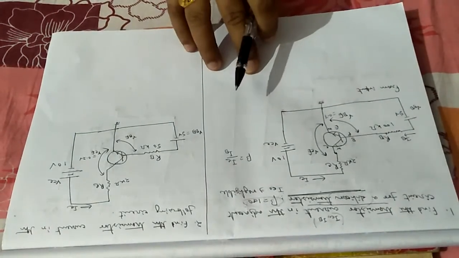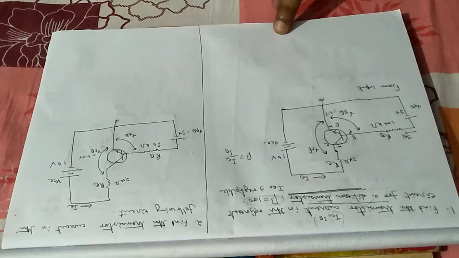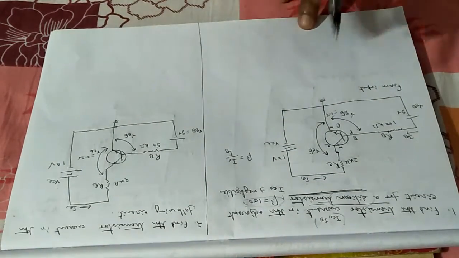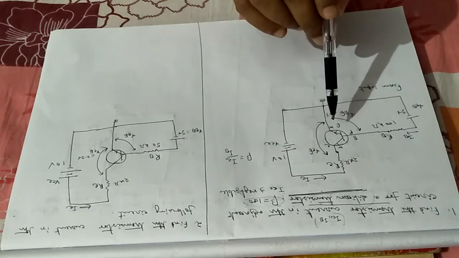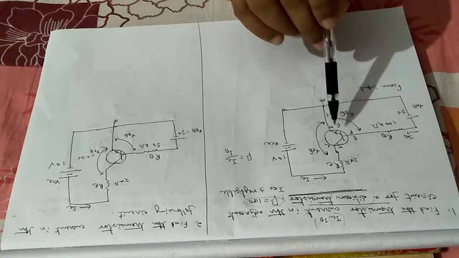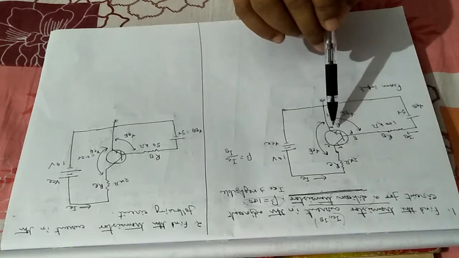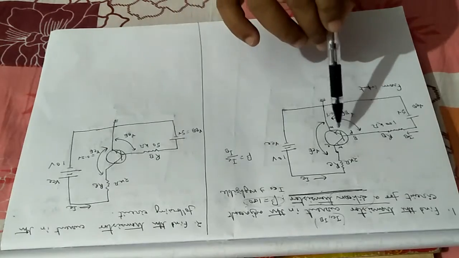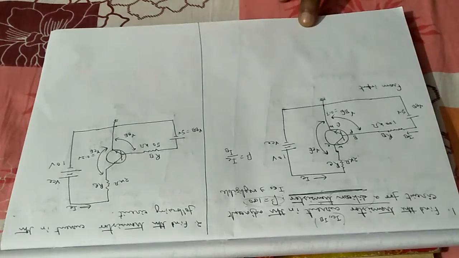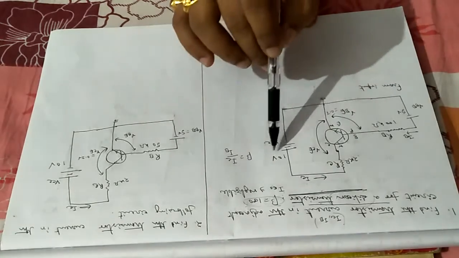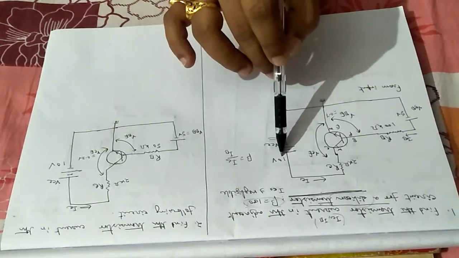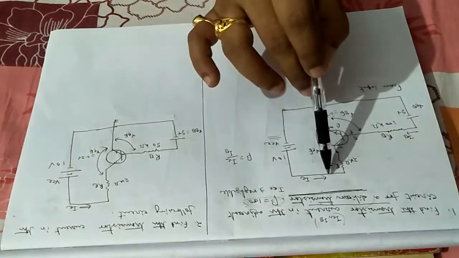Now let me elaborate this circuit. Look at this circuit very carefully. This circuit is drawn with an NPN transistor in common emitter mode. In this NPN transistor, the arrow is outwards, and biasing is done in common emitter mode. Look very carefully. First, the VCC value is given, that is the collector biasing voltage. It is 10 volt, through which collector current is passing.